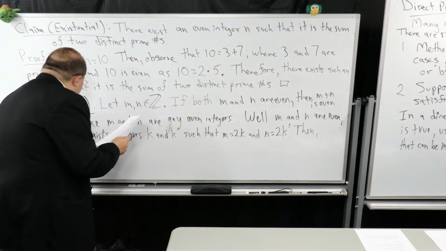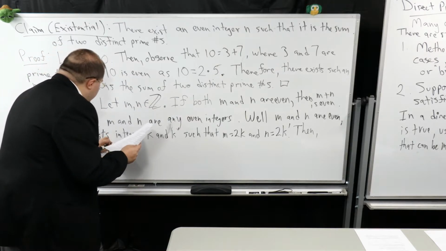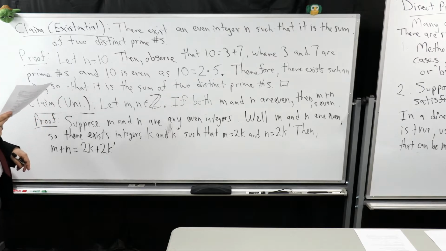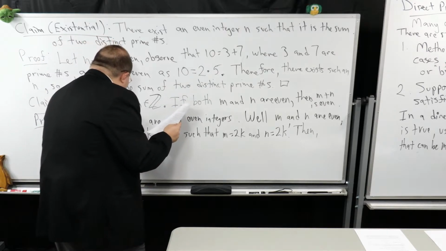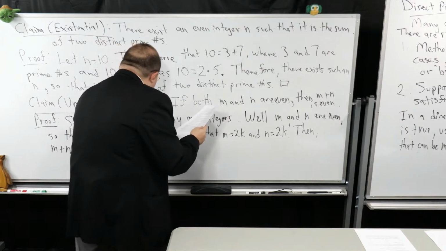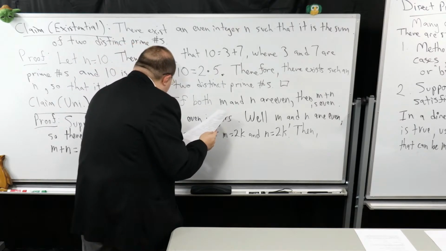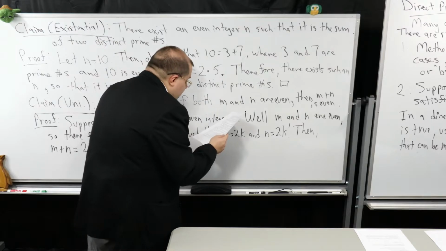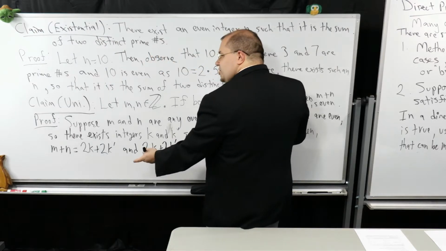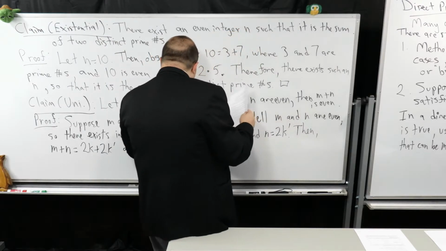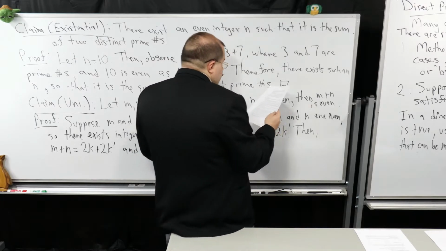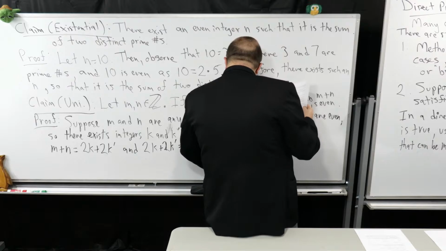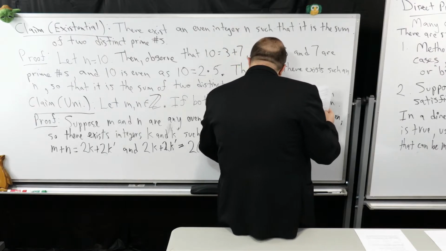So I have 2k plus 2k prime. But what is that equal to? 2k plus 2 times k prime is equal to, well, they have a common factor, right? I can factor that out. 2 times k plus k prime, right? Now I'm going to let t equal